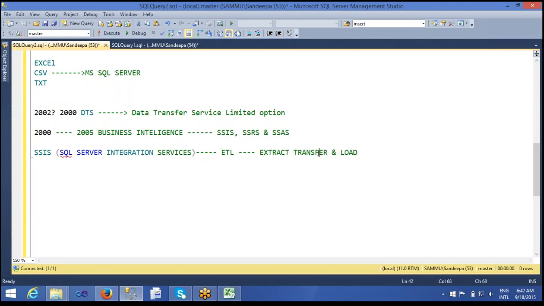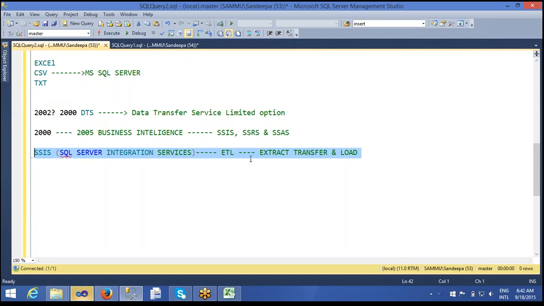So those are the business logic we implement here. And finally, we need to load it. This is a very rich tool where we can do a lot of operations. It is nothing but integration. Integration, as the name indicates, means we have to integrate all the data from different locations and load it into my database. So here SQL Server Integration Services is nothing but an ETL. ETL is nothing but extract, transform my data and load it to my destination.